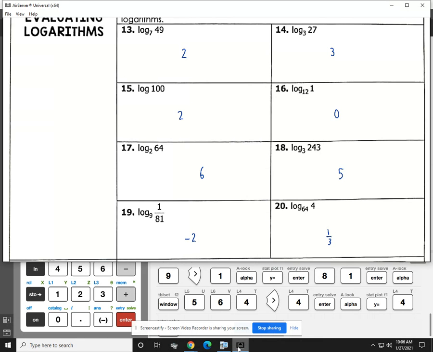We've done 4 things quickly. We connected exponents to logarithms. 2, you can now write logarithm as an exponent. 3, you can write an exponent as a logarithm, correct? And 4, not only do you understand what you're doing when you're solving a logarithm, but you know how to go to your calculator to do it. Okay? So,